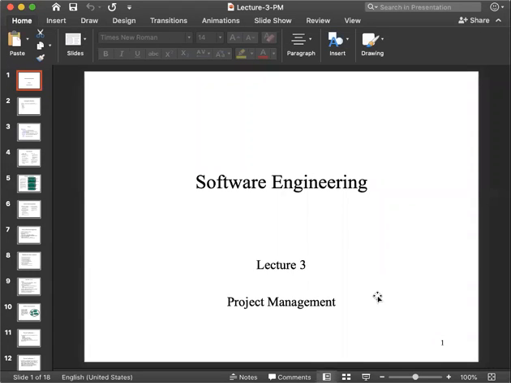Let's start today's lecture. Today is our lecture 3. Lecture 3 is about project management. As we are reading software engineering, we need to know how to handle a project, how to manage